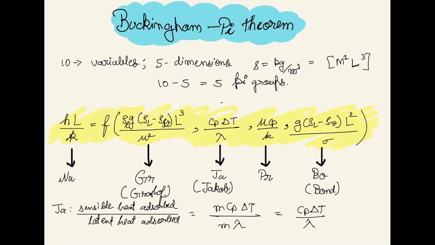Let's say you have a fluid, water, at 25 degrees Celsius, and now you are going to make Maggi out of it. So you need to boil it to 100 degrees Celsius. From 25 to 100, there will be some sensible heat getting absorbed first, or sensible heating. Sorry, the word should be absorbed. So it will first absorb the sensible heat, then it will take the latent heat, and then it will boil. Right, so this number talks about that.